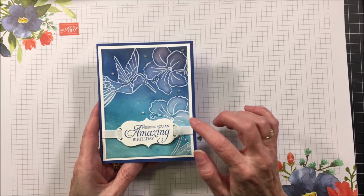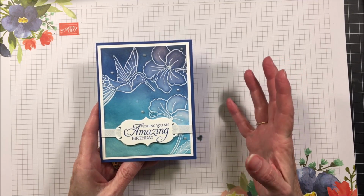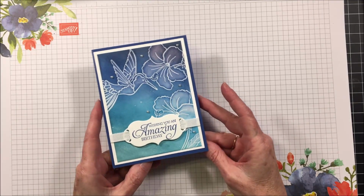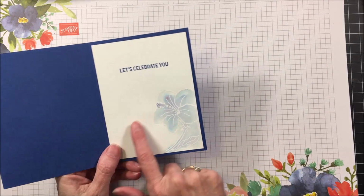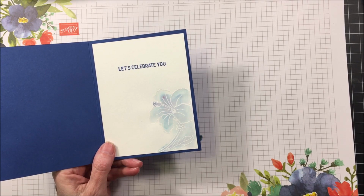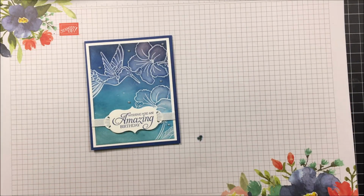But if you react to the smell of bleach, this is a way to get that lightness without having the smell of bleach around the house. And then on the inside, I just did this little technique using an aqua painter and the inks. I wanted to